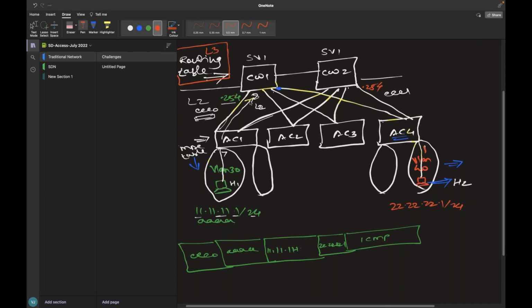So now when the packet reaches core switch 1, it will check for the routing table, and it will try to see how do I reach 22.22.22.1, right? Now, since core switch 1 knows that to reach 22.22.22.1, I should reach via this interface, so for example this interface number is 9.